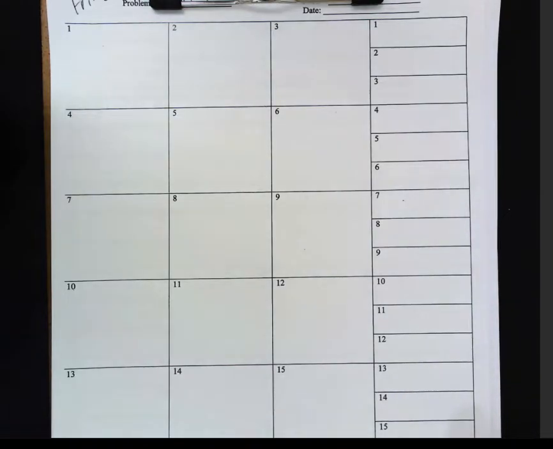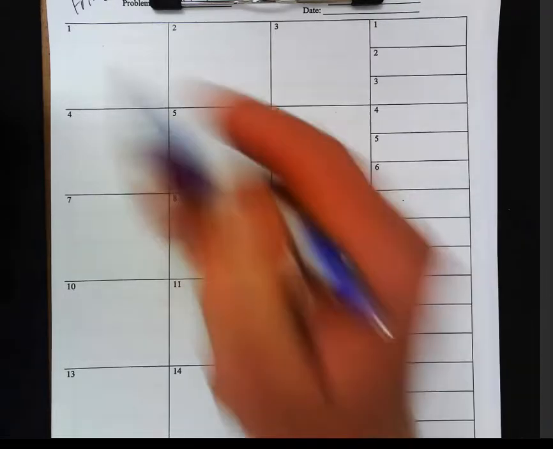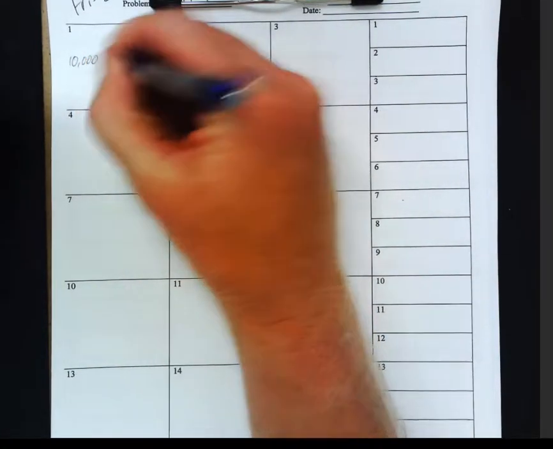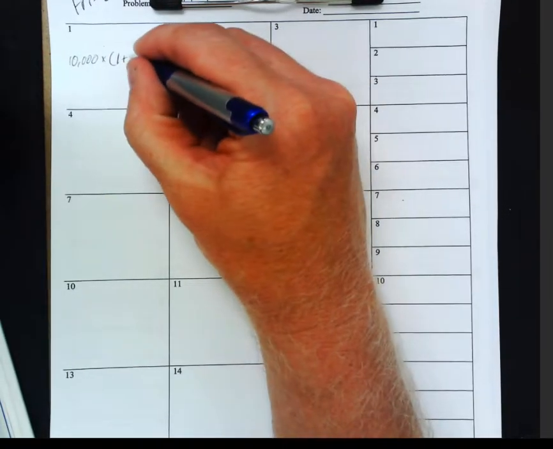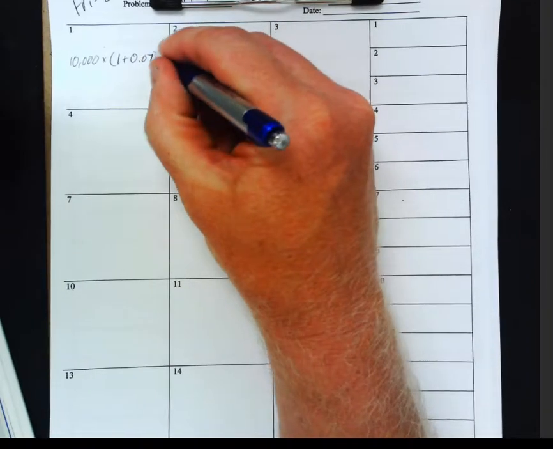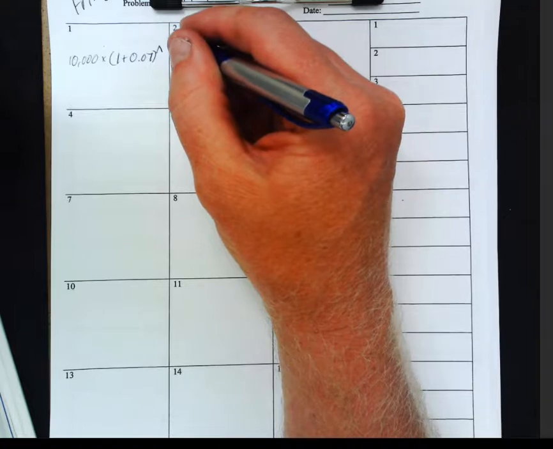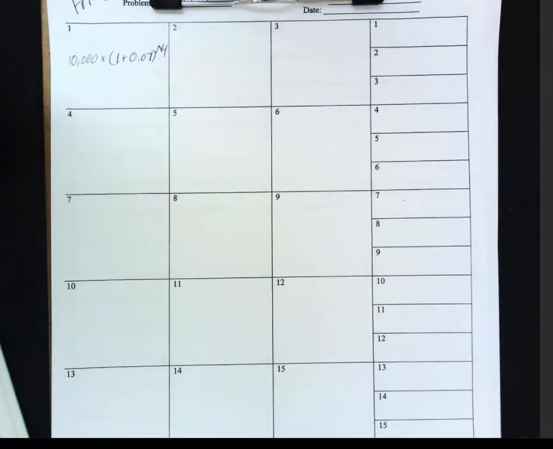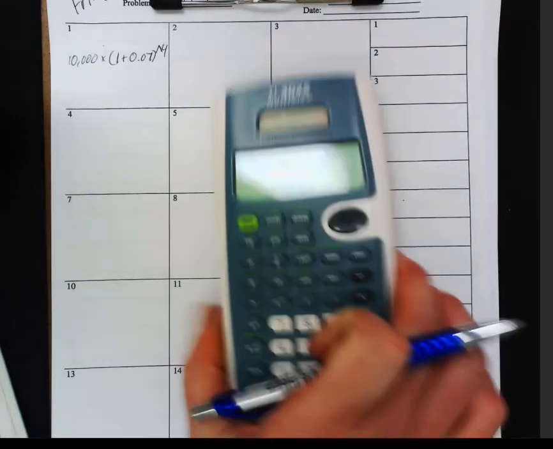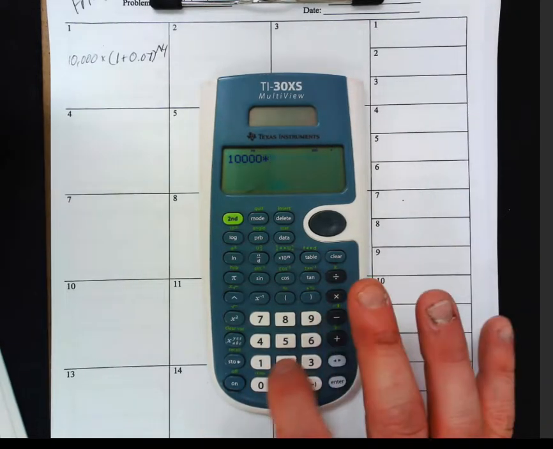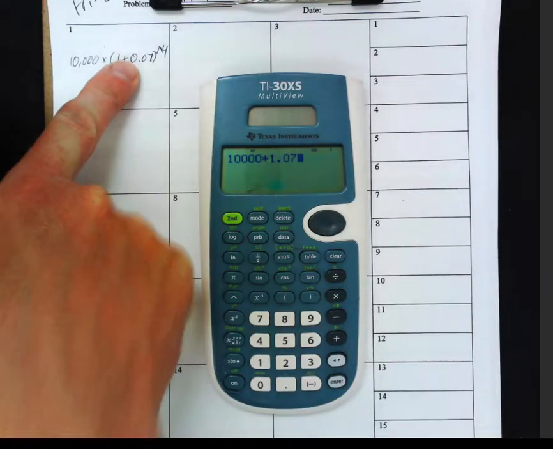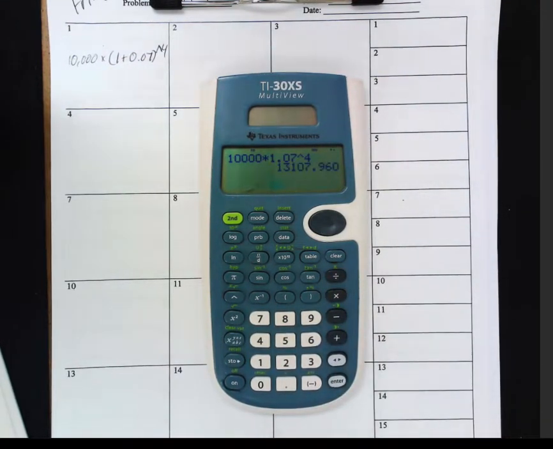Number 1 says this: how much interest is earned in 4 years on a deposit of $10,000 if it is allowed to accumulate in an account paying 7% interest compounded annually? Remember what we do, guys. It's the amount I put in, the principal, 10,000, times 1 plus my rate, which is 7%, which I'm going to switch to a decimal, to the power of years, which in this case, it's going to accumulate for 4 years. Then I say, teacher, will you type that into your nice calculator? You bet, kids. Here it comes. $10,000 times 1.07, I just added it together in my head, to the power of 4 years. It equals